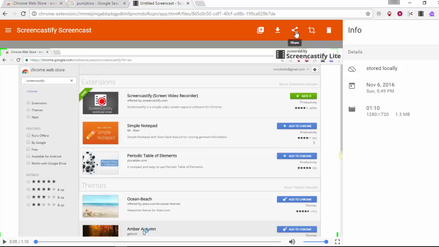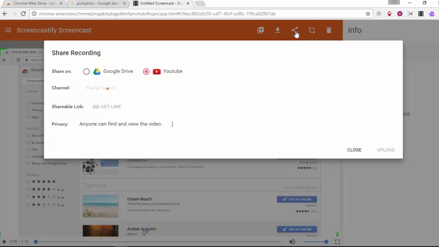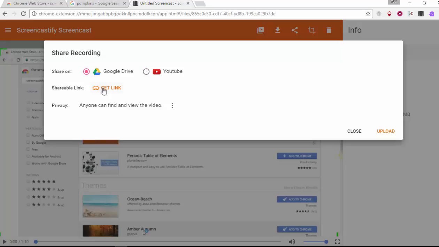So we're going to go back to share right here. And this is the universal share icon. And we have a few options here. We can share on Google Drive. We can share to YouTube. And then if you do choose to share to YouTube, you can select your channel, or you can get a link. So we're going to share on Google Drive, and that's going to allow me to get a shareable link. And then here,